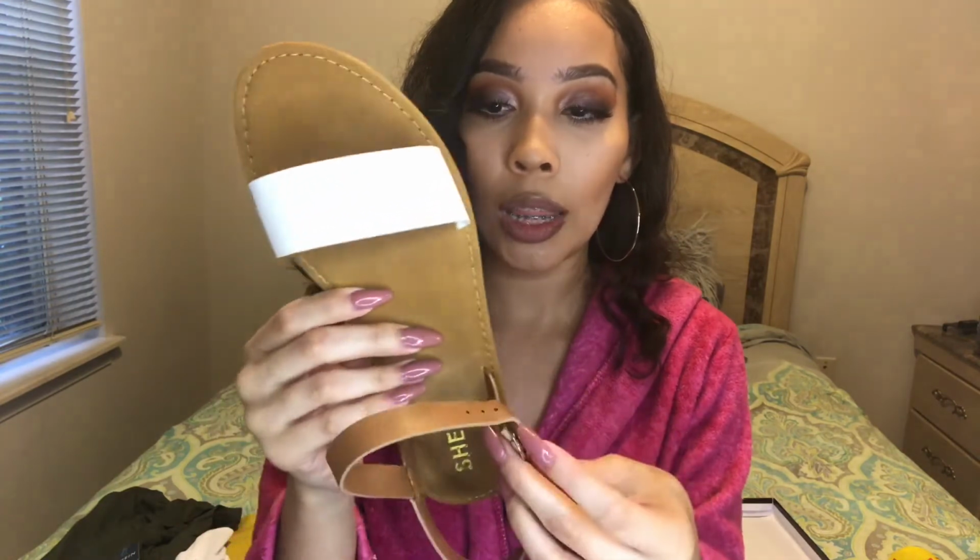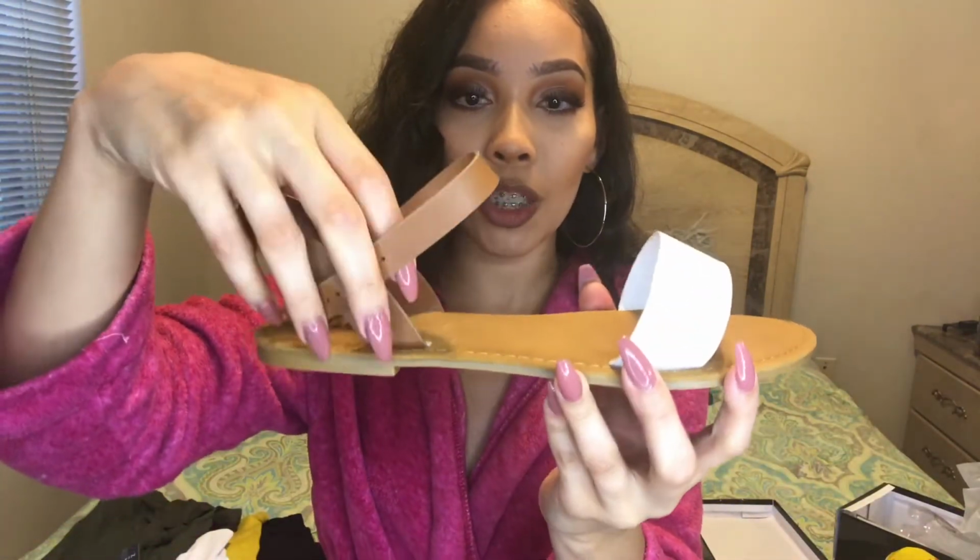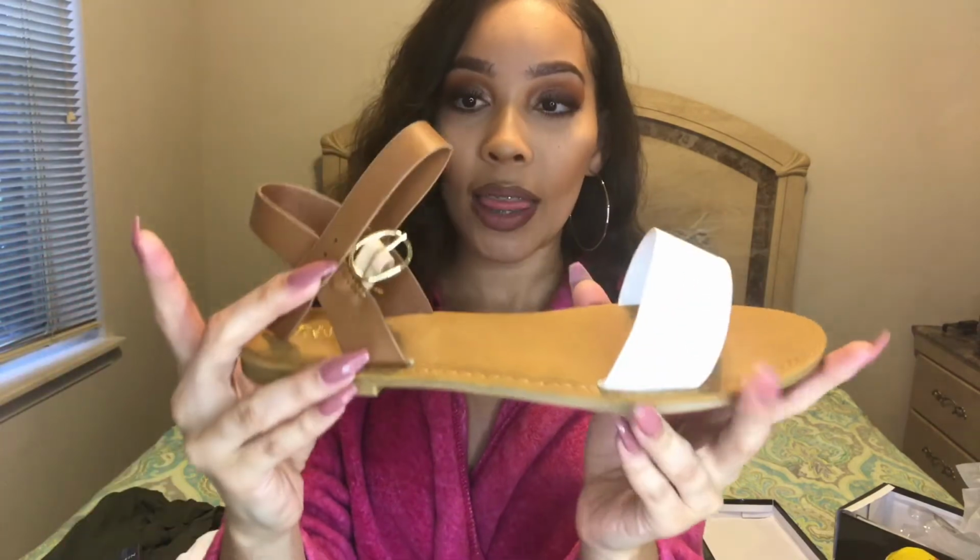I feel like they look a little cheap, but I only paid like $8 for them. So, you know, you get what you pay for. But those are super cute. And I needed some white shoes, some white sandals, and the cognac color that just goes with everything. So, let me see if I can fit these real quick. I'm not going to show y'all my toes because it's time for me to go get a pedicure. But okay, yeah, so I can. So again, these are the sandals that I got, and they will go great with everything that I've got so